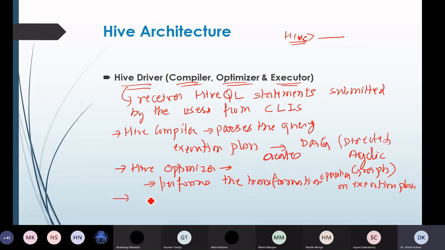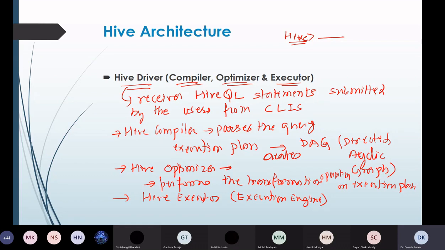The third is the executor, the Hive executor. It is also called the Hive execution engine. After compilation, where the compiler generated the execution plan, it goes to the optimizer, which divides the task into parts.